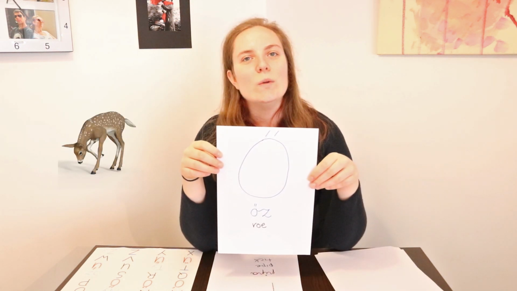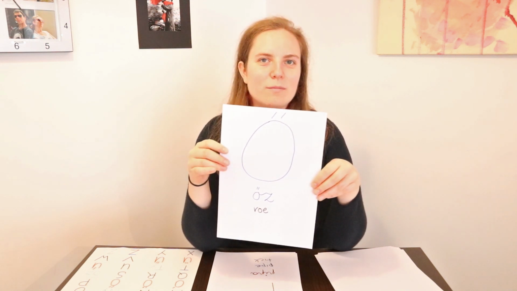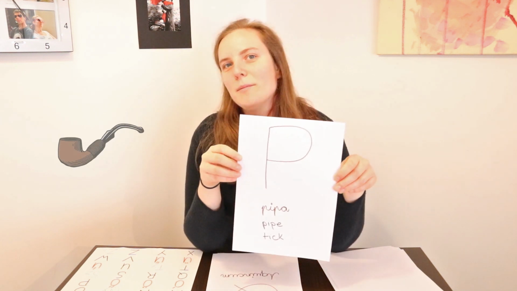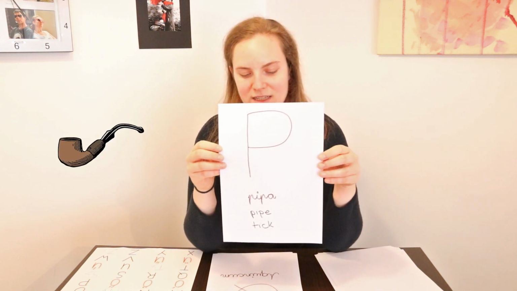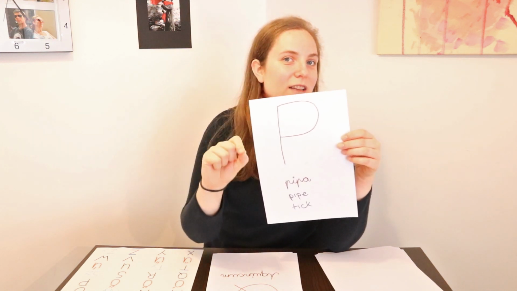Ő means őz. It's a roe. I know, a deer, basically. P means pipa. It's a pipe, like a smoking pipe, but it can also mean a tick or a check